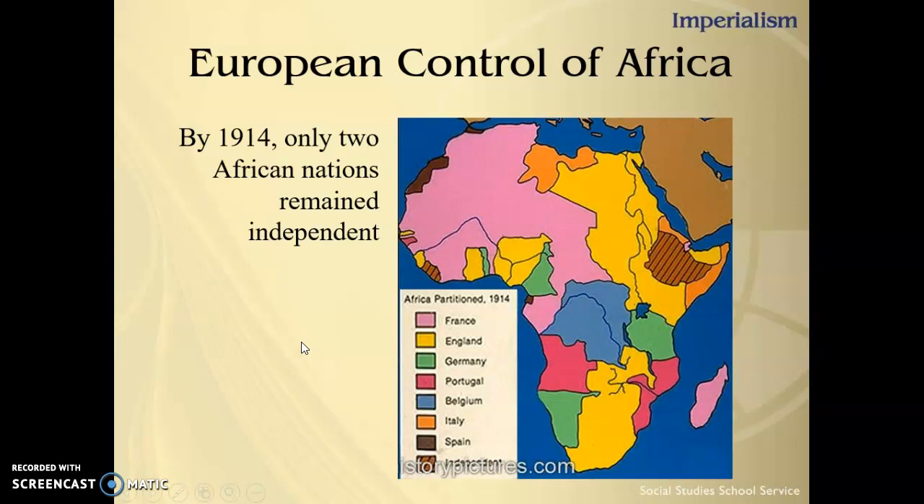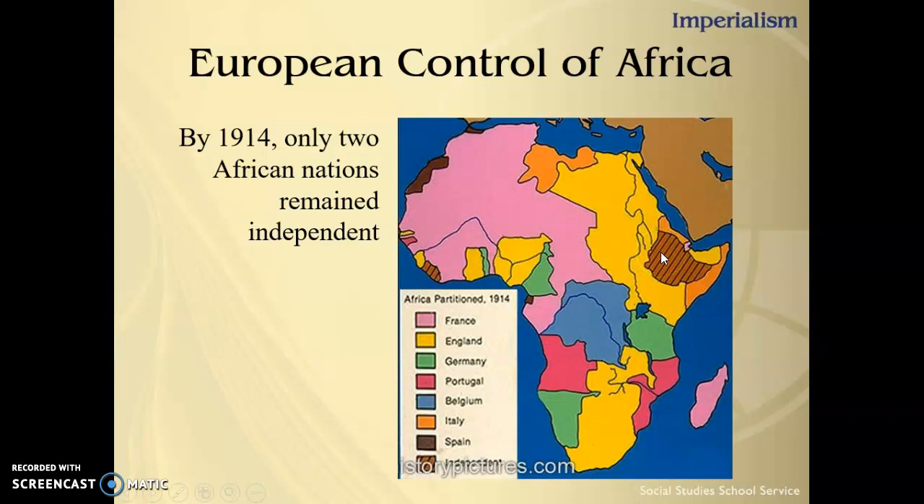And if you think about European control of Africa, by 1914, the start of the First World War, there were only 2 African nations that remained independent. One on the western side and northern part, that being Liberia, settled by former U.S. slaves, and the other on the eastern side, Ethiopia,